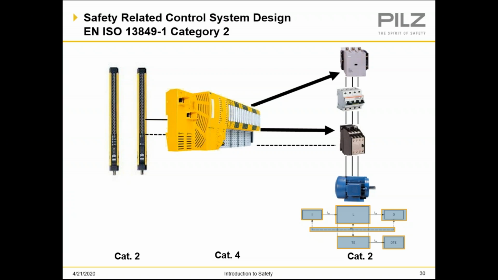This is just for your information, you'll see the green slices. Those are non-safe, and the yellow slices of IO are safety. So this PLC is capable of doing both. So we've got a safety PLC, which is Cat 4 rated, in a Cat 2 circuit with a contactor. And we've got the breaker up here as a main contactor. So this is polling this.